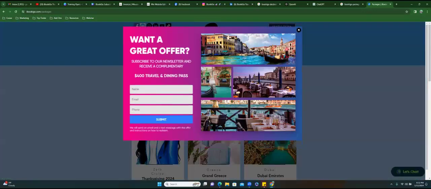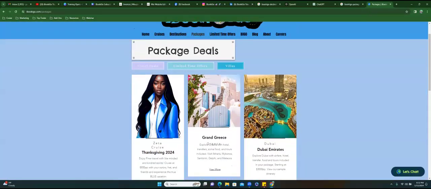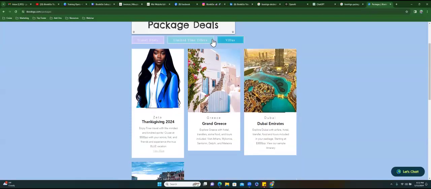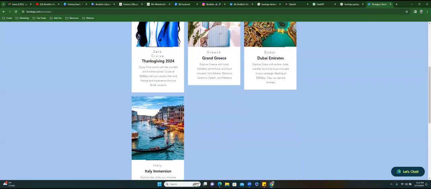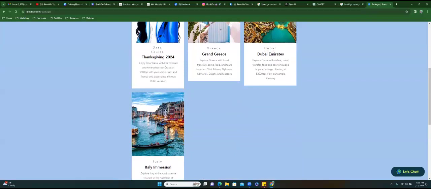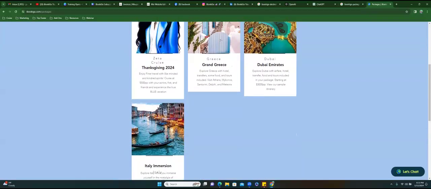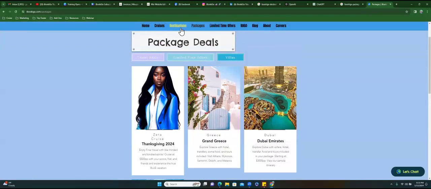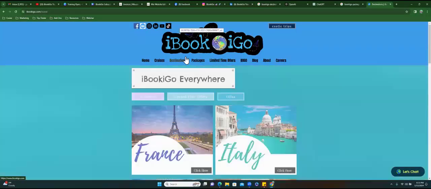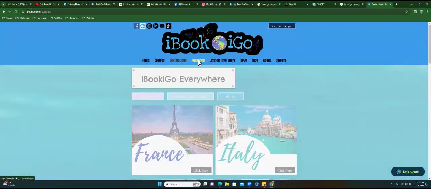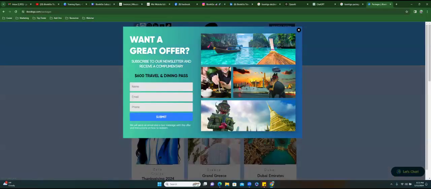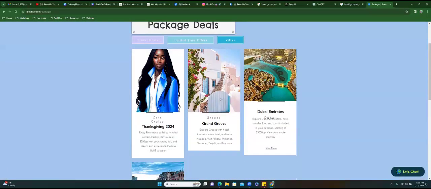So I can go to my packages, and I want this package deals page to be my group trips. I'm going to change this page to be group trips, because my package deals are really on my destination page, and it'll be confusing. So anyways, I'm doing a website overall. So if I click on Dubai,